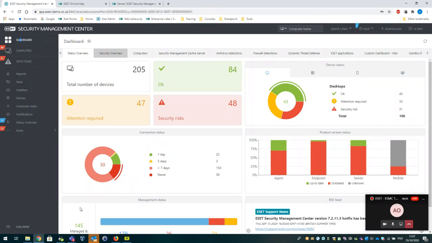Okay, so on the first tile we've got here, we've got the status overview. Now, as I move the mouse around, you can hopefully see that the various tiles are highlighting, indicating that I can perhaps click on them and get further information. And even for this graph here and sections of this graph, you can see that different sections are highlighting, indicating that I can click on those and find out about the information behind. If I do that for security risks, just click on that like that,